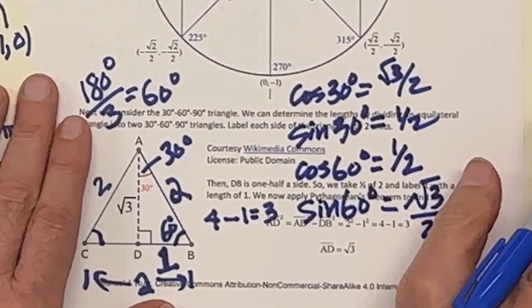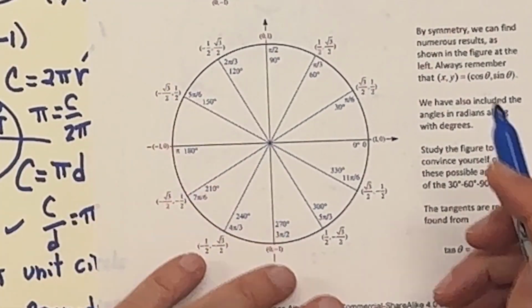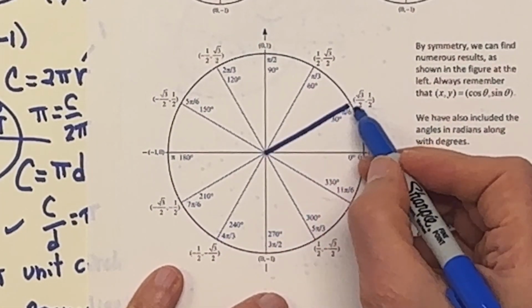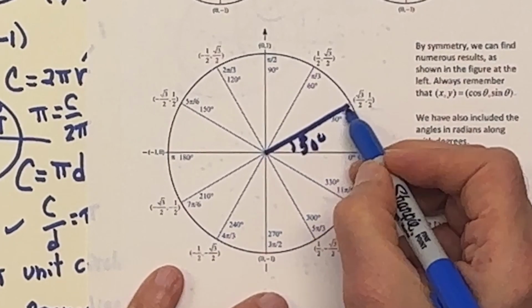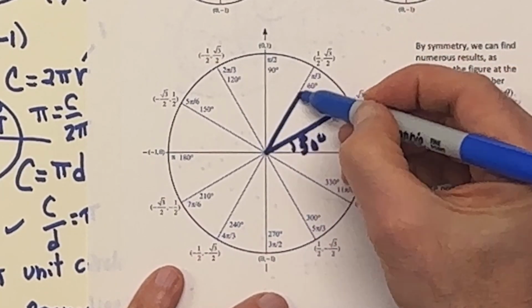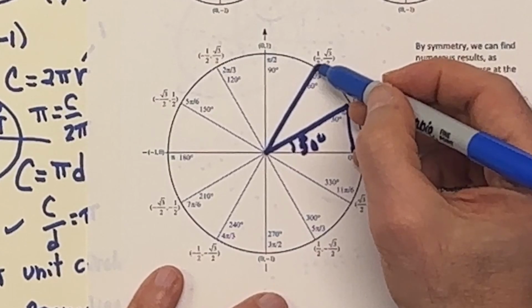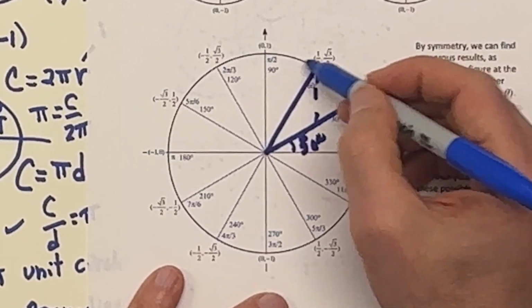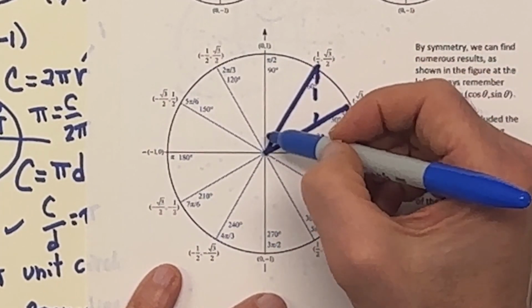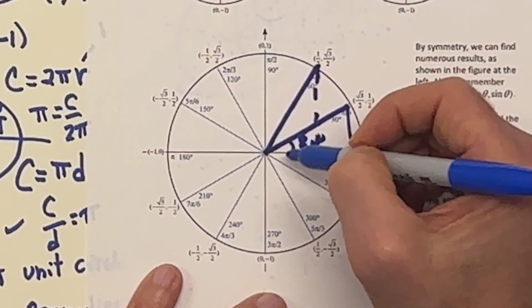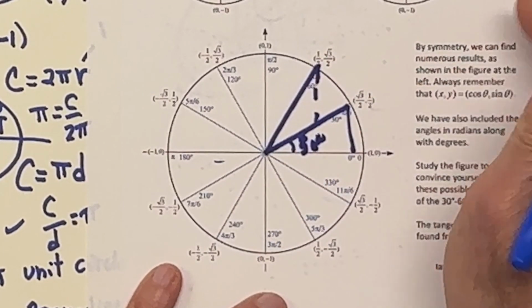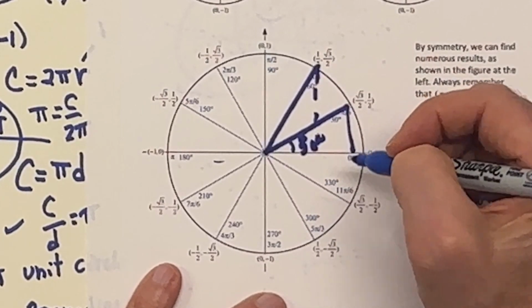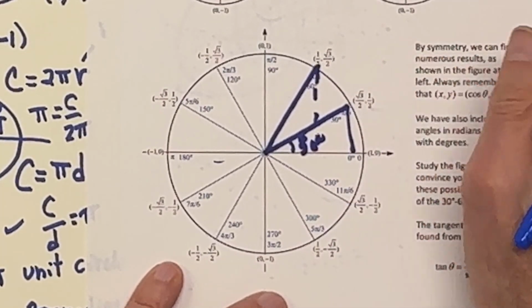Now, once I have this, I can have lots of fun, and I could now embed here, here's a 30-degree angle, see? And here's my 60-degree angle. And I can play the same game, have 30s and 60s on the other side and down below, and figure out all of the sides and get all the cosines and sines